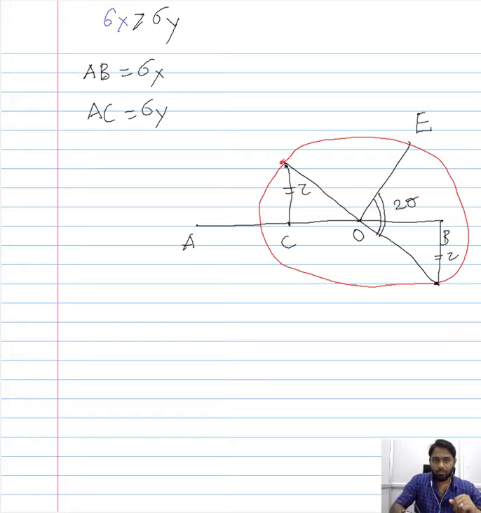Now, if you could recollect, what we did was we dropped a perpendicular from point E to point D in the previous consideration of the Mohr circle, and that is exactly what we will do here. From point E, we have dropped a perpendicular to the line AB, and that point we refer to as D. So we have included all the points that we have considered in the previous construction of the Mohr circle. Now we have these points as F and G.